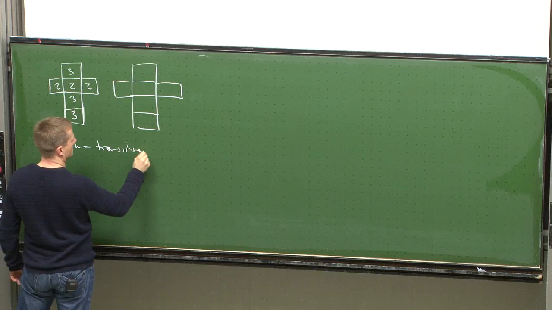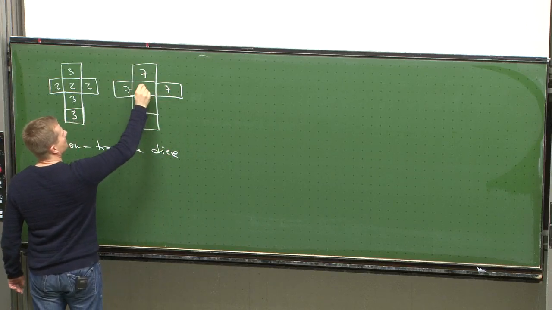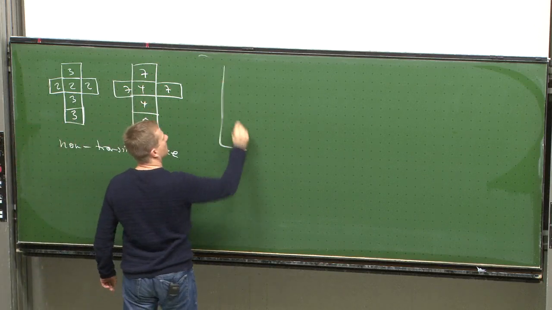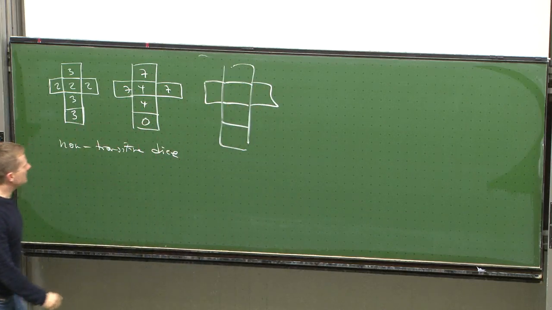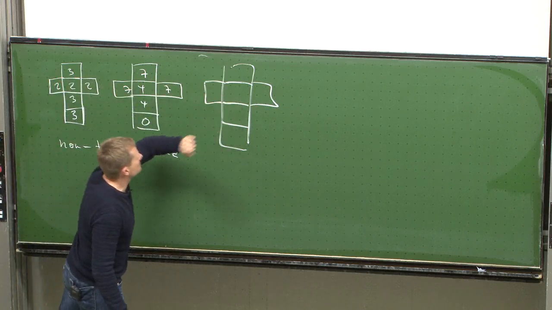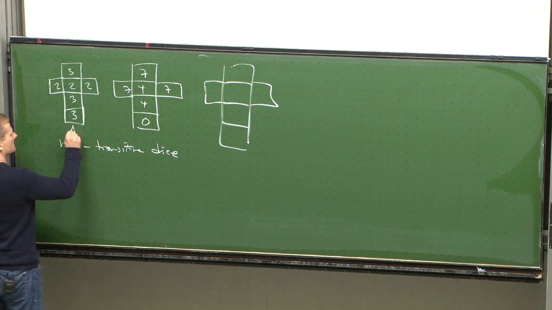Non-transitive dice. You have a different distribution. Don't take the distribution seriously, it's just for illustrational purposes. And you have a third one. Okay. Now the claim is, and one can find distributions of scores on there, such that if this is dice A, B, C,